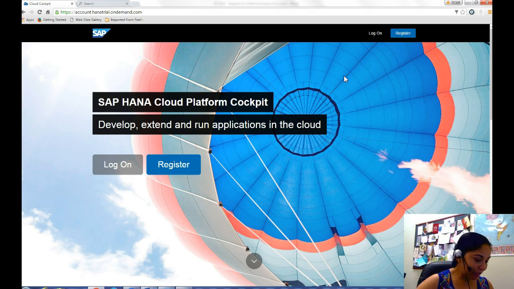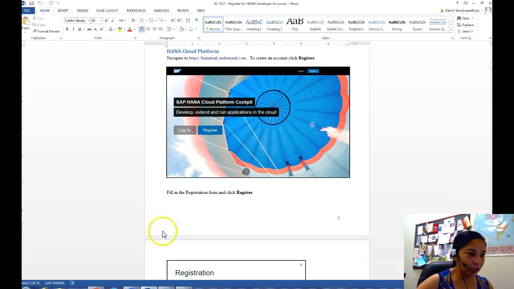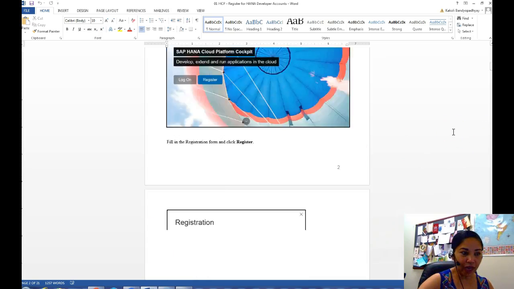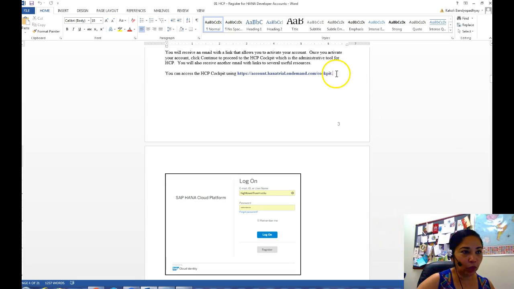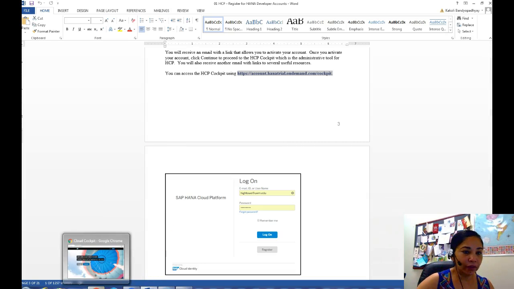Now, you can access the HANA Cloud Platform Cockpit using this URL over here, which you need to basically save in your favorites, because you will be using that URL all the time, and this is the URL from your assignment. So this is the most important URL for this class, because throughout the semester you will be using this account.hanatrial.ondemand.com/cockpit. Okay,